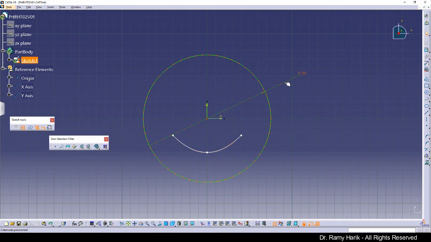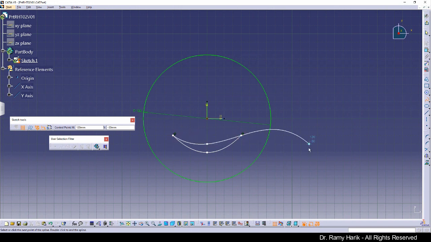So now we have the spline. I'm going to move this a little bit. Okay, it's going to stay in our way. Here we go. Moving this a little bit so that we see the smile. So at this stage, we have created the spline, and we are asked to create another spline to continue it. So we're going to click on spline, selecting the point -40, -20, selecting the point 0, -30, and then